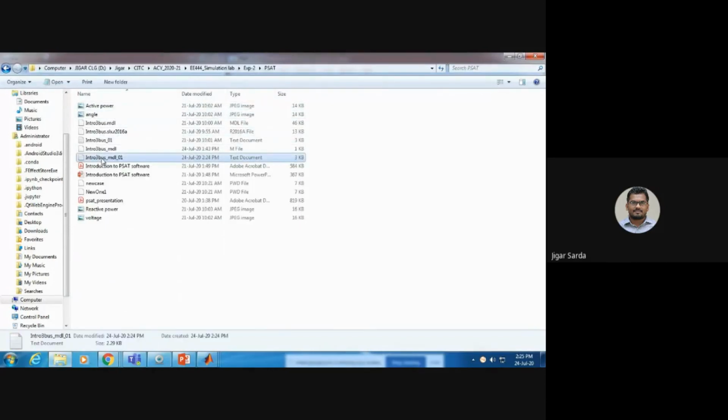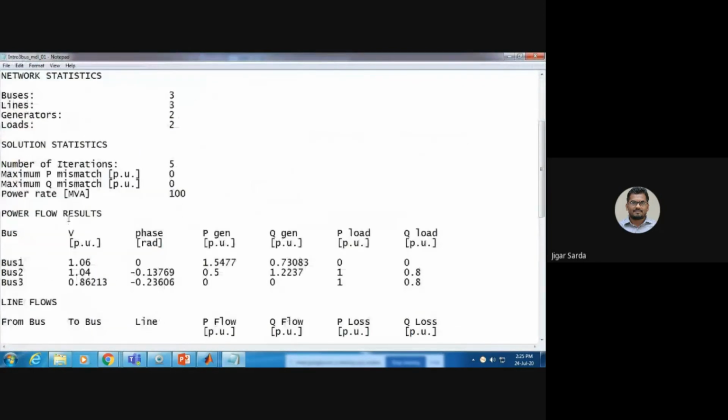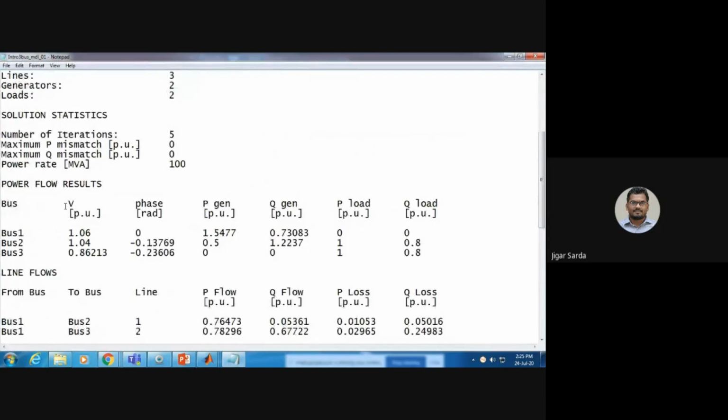See here, this type of report will be generated. In that there is the bus data, voltage magnitude, phase angle, the active power generation of bus 1, the reactive power generation of bus 2, active load, reactive load.